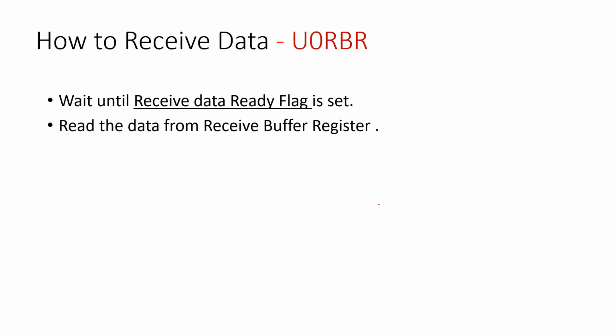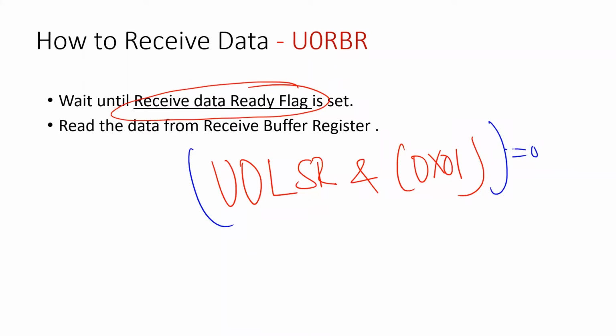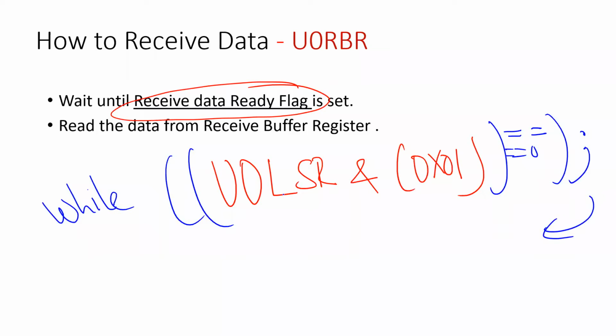This is for transmit. And for reception, you have to check the receive data ready flag. Receive data ready flag is the first bit of the UART0 line status register. So take the UART0 line status register, do a bitwise AND of hexadecimal 01 straight away, no shifting, because we are checking the first bit. If this result is equal to 0, it means no data is received, so I keep waiting there with while 1, not a double equal to here. If it is equal to 1, then it will come out. That means somebody has given you data.